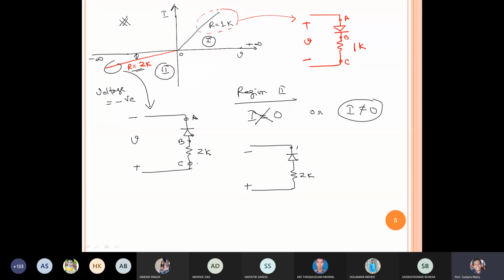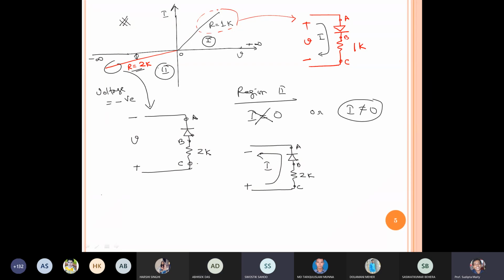So in this case, it will be my A point, my B point, my C point. Then I will get one kind of current over here. Here the current is in this direction. Here the current is in the opposite direction. As it is opposite, that's why its amplitude is negative. Is it clear?